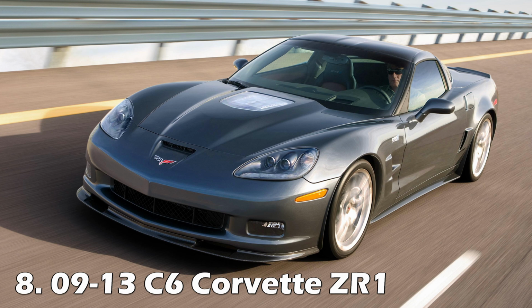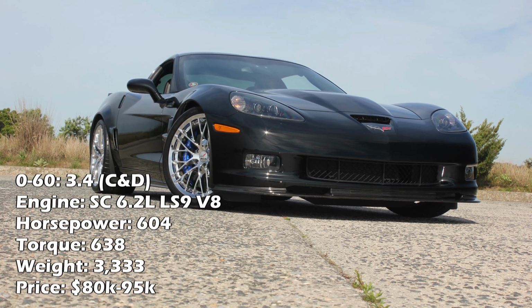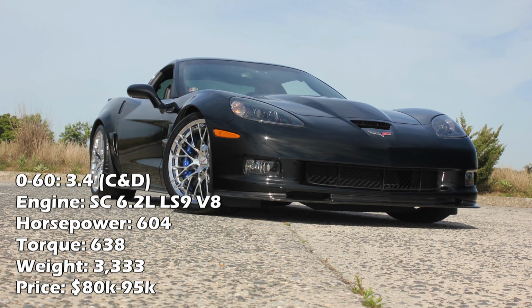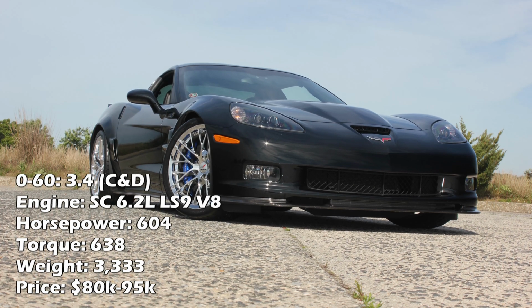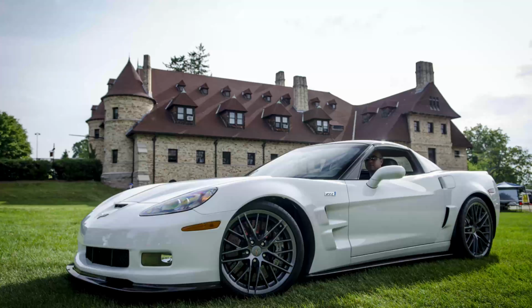And speaking of cars that are so sexy they can cause temporary loss of brain function, the second to fastest car here is the C6 ZR1 with a time of 3.4 seconds. These make less power than the last 3 cars here with only 604 horses, but weighing less than 3,500 pounds and having one of the best supercharger exhaust mixes out there, these absolutely deserve to be near the top of the list. They're currently going for around 80 to 95,000 bucks from what I've seen,